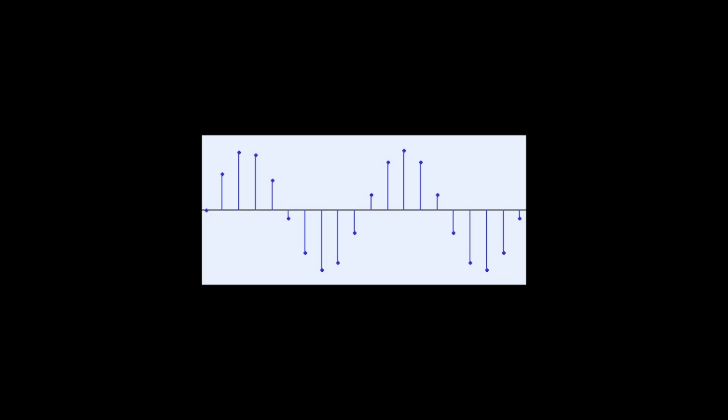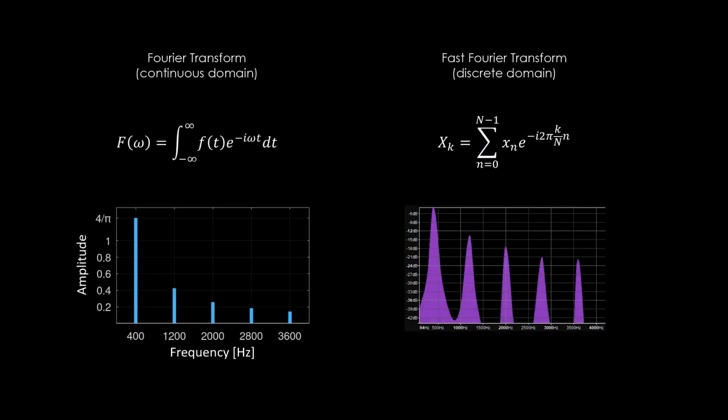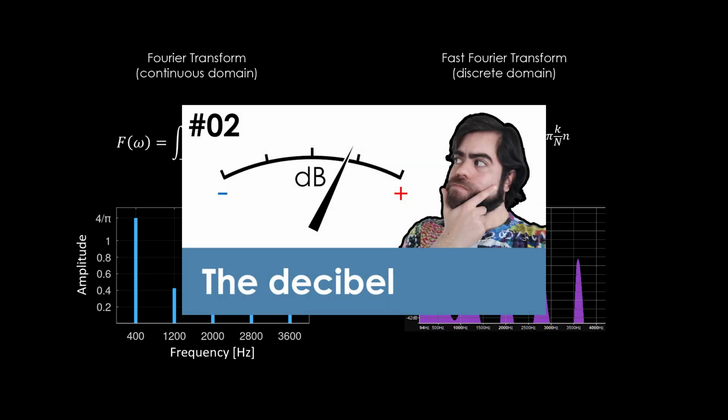As we mentioned in episode 4, one downside of the digital world is that the resolution isn't perfect. So, when we get a spectrum of frequencies with the fast Fourier transform, what we get are not perfect lines, but peaks. However, it still gives us much more information than we could get manually. It should be noted that so far, I have shown amplitudes on a linear scale. But software will typically display component amplitudes in decibels full scale, which is a logarithmic scale. That's why the ratio between the components looks a little different in one spectrum versus the other. If you have not watched episode 2, there I explain the decibels in detail.